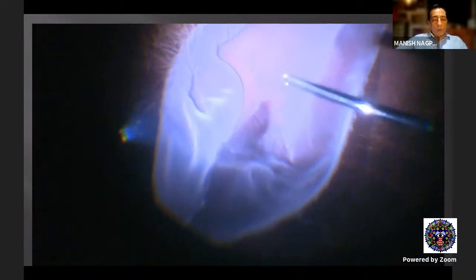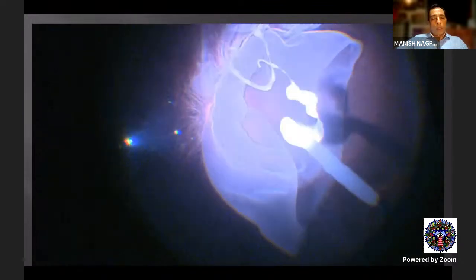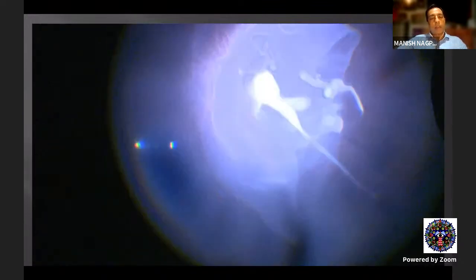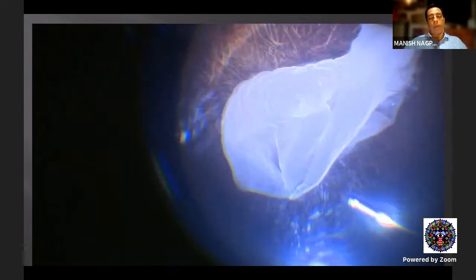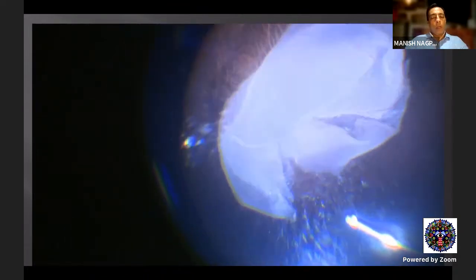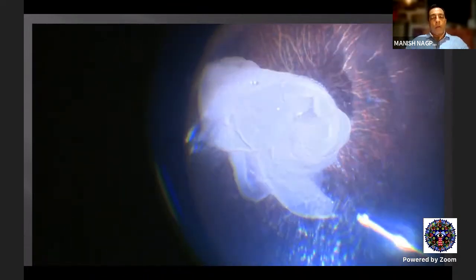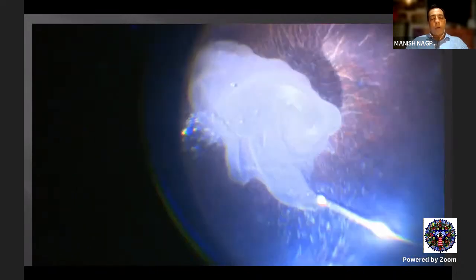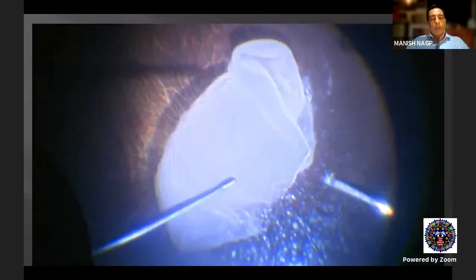Now I was discussing with you in detachments, it's difficult to remove hyaloid because the retina keeps moving. And in a 360 giant tear, this task becomes all the more daunting because not only is the retina detached, but there is no hold for 360 degrees. And every few minutes, the PFCL which I injected would keep on going behind. As you saw, again, I put in some PFCL and was pulling on the vitreous,